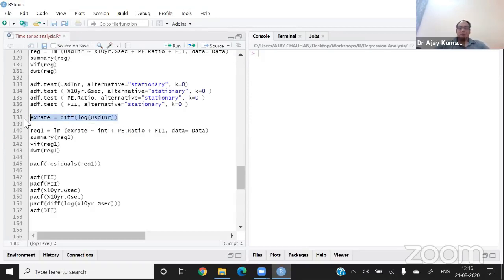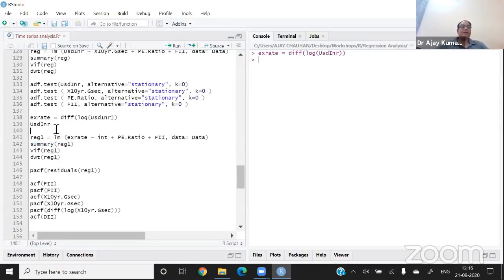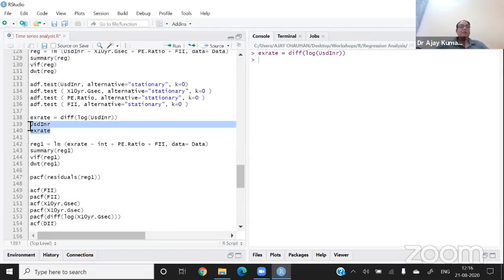Now this is the transformation, and I want to see the difference between the series. So I should write USD. This is the original series, and this is the transformed series X rate. And I can show you both the series. Yeah, so both the series are here.